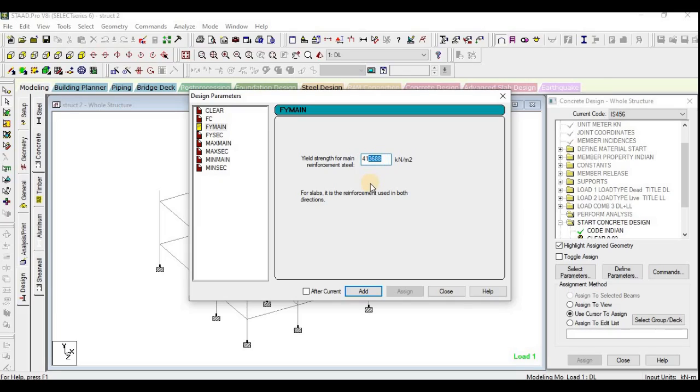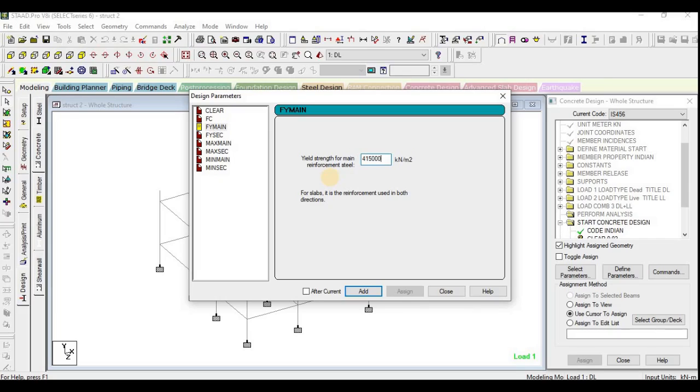The yield strength value will not be exactly 415 Newton per mm square, so they have given the value as 413.6. If you know the value of yield strength accurately, you can enter that value.